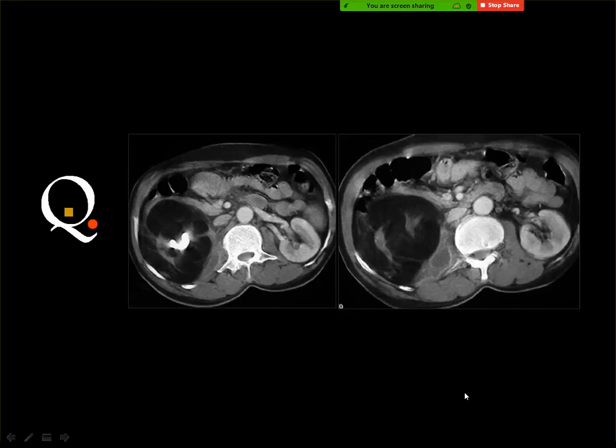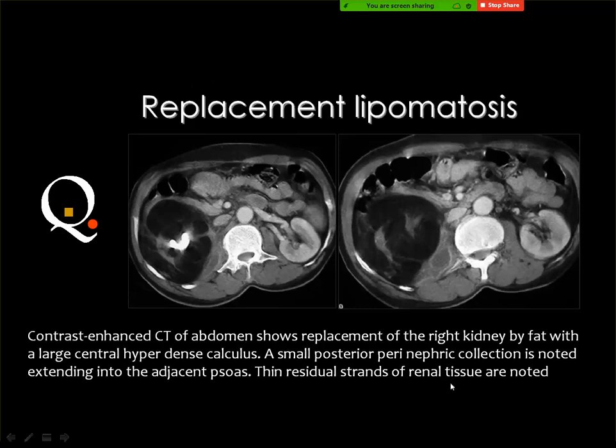Emphysem, no. This is fat. Xanthogranulomatous. Okay. Right. And this is a new topic I would like to emphasize, which is known as replacement lipomatosis of the kidney. And the kidney is totally replaced by fat, and there may be a stone, and you don't see any renal parenchyma at all,